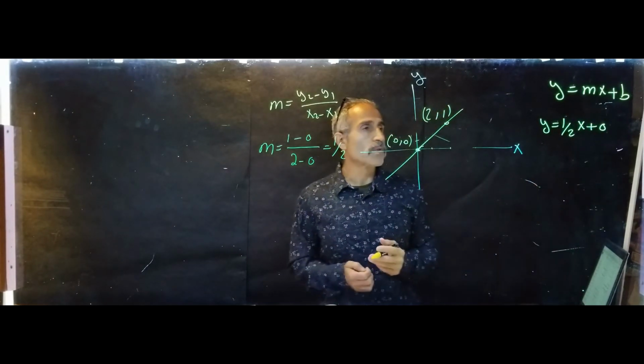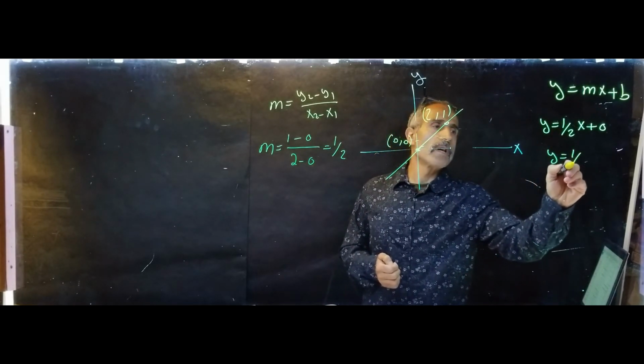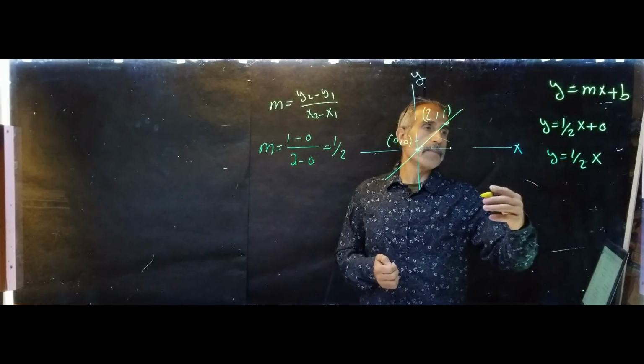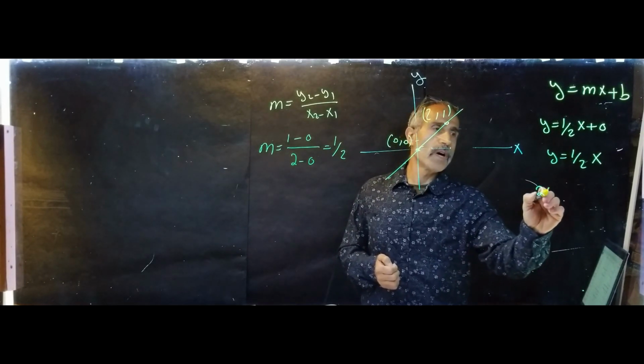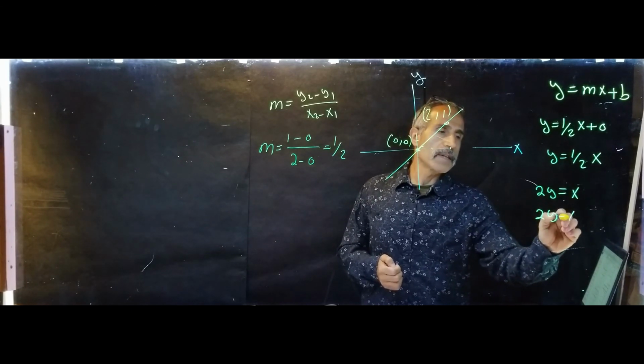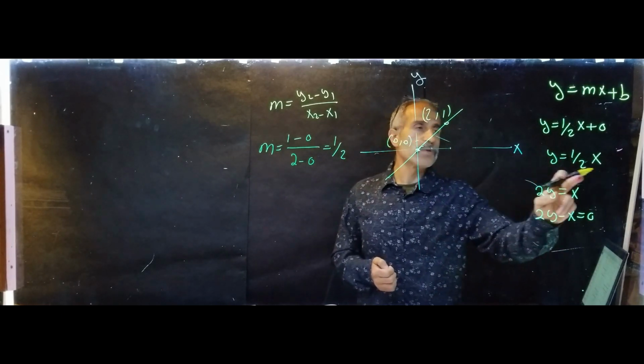No matter which way you look at it, you can rewrite this. This is the best way to do it. It just says y is equal to 1/2 x. Or I could say, what if I multiply both sides by 2, they become 2y is equal to x, or you can say 2y minus x is equal to 0. All of this means the same thing, but the best way to show it is this one right